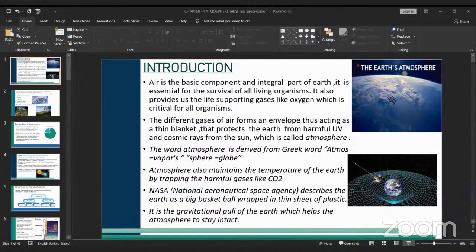We also have mountain and valley breezes. In the mountain regions, this breeze resembles the land breeze. In the daytime, the valleys are hotter than the mountains. Why? Because it takes more time for the warm air to reach the valleys, so they get heated slowly and also release the heat very slowly. That's why it takes a long time to make them hotter or cooler. So in the daytime, the valleys are hot compared to the mountains.